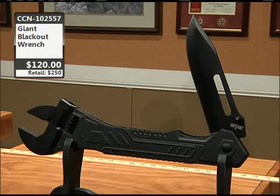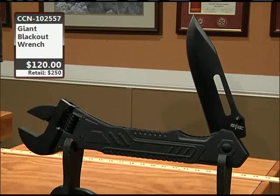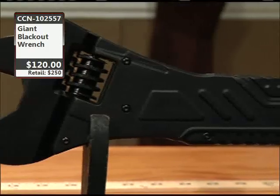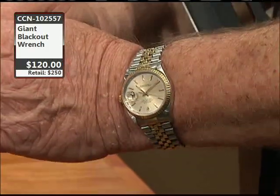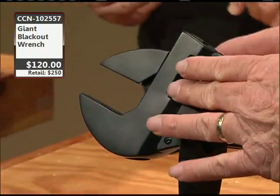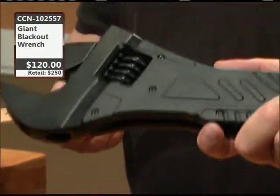And like right here, this one's $120, but this is a huge, huge wrench, and it is adjustable, and the knife does work on it. And this thing weighs, I think they weighed it, about 5 or 6 pounds, doesn't it? It's heavy. Yeah. It's a big one right here, and I want to show you this. This adjusts. What does it say right there? It says it opens...